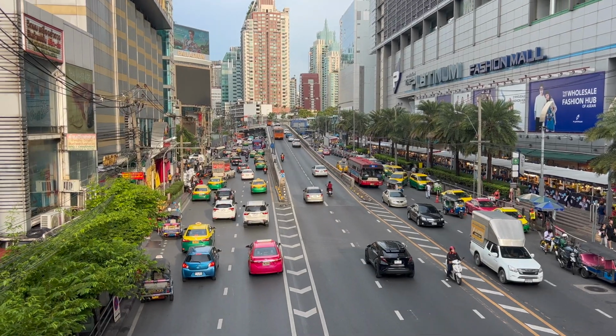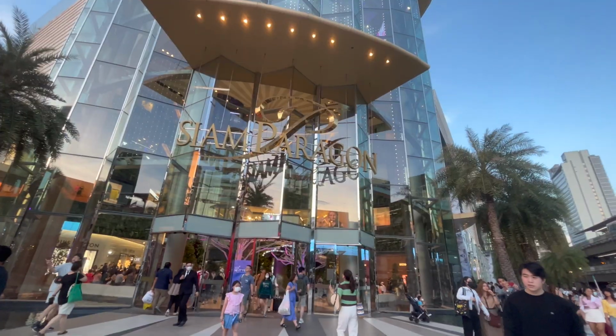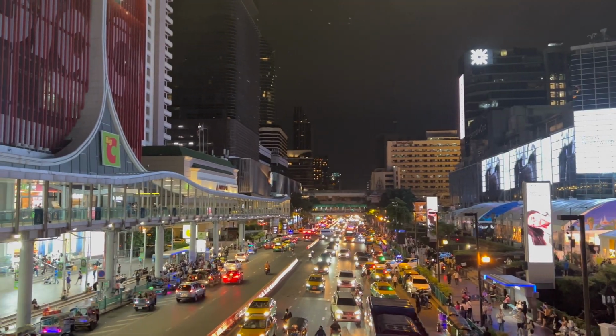Today we are exploring 5 of the best malls and shopping areas you need to visit in Bangkok. The malls here are insane and some of the biggest in the world. From high-end shopping malls to malls where you can bag the best bargains, I'm going to tell you everything you